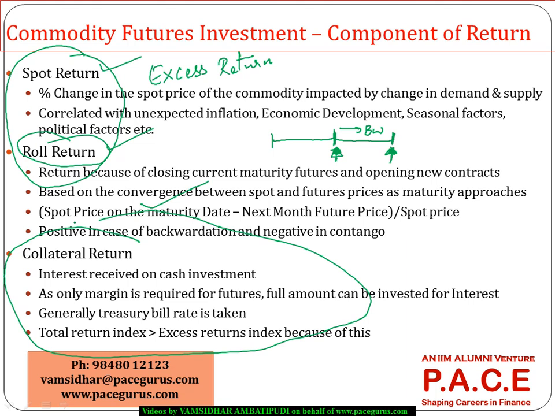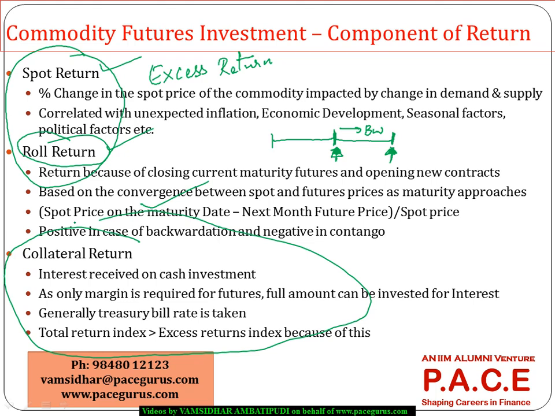See, what is generally happening, let's say I have got into a long position in the forward contract, the futures contract. All I need to deposit is not the full value of the commodity. All I need to deposit is only the margin, which will be not more than 2 to 5% or at the most 10% of the worth of the commodity. So the remaining 90% of the value of that commodity is already existing with me in the form of cash.